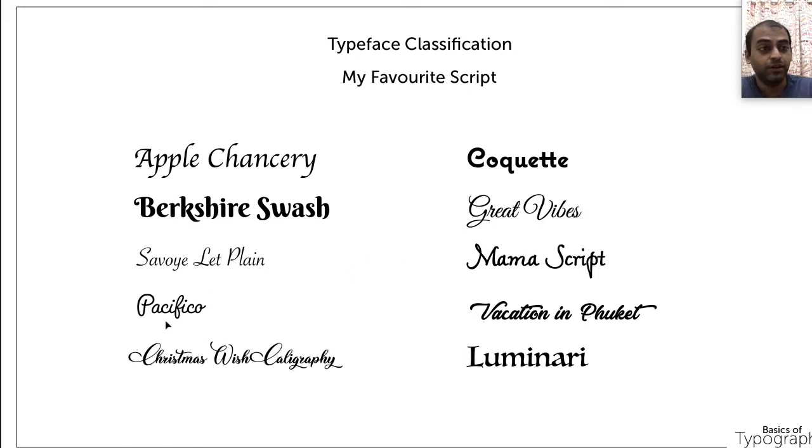And Pacifico, this font gives a personal touch to my logos itself, because with Pacifico I have created custom text based logos for some bakeries. The main good thing is it has uniform thickness. For example, if you take Apple Chancery or Christmas Wish calligraphy, it has that calligraphic look, and there will be thick thin variation automatically, because the calligraphic pen will give you thick thin variation. But if you see this Pacifico, there is not any thick thin variation, it is uniform.